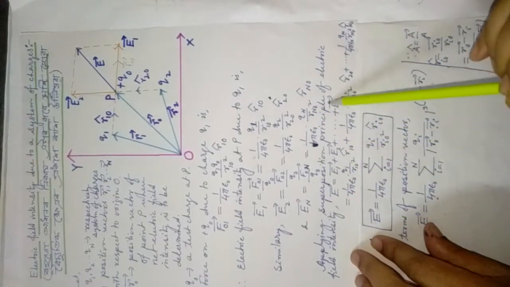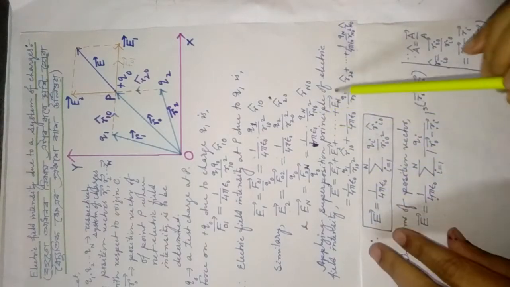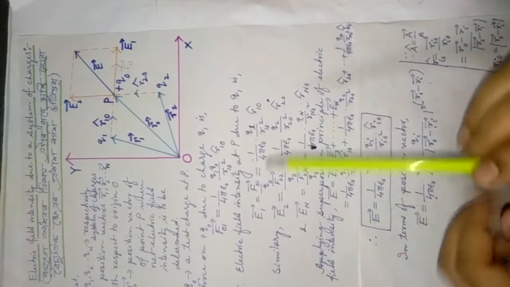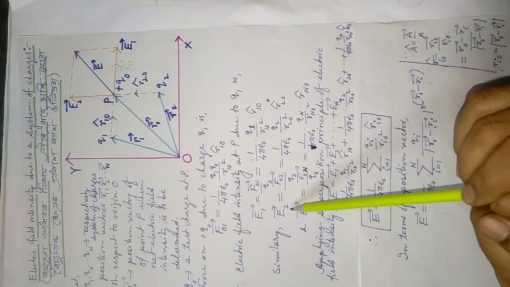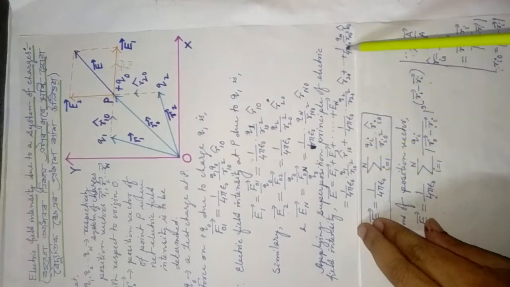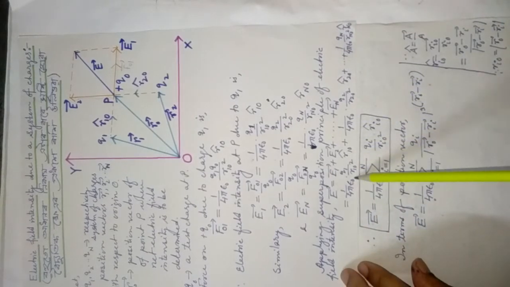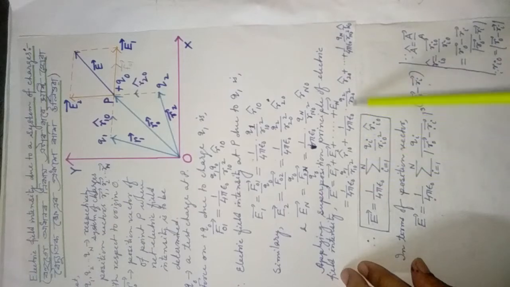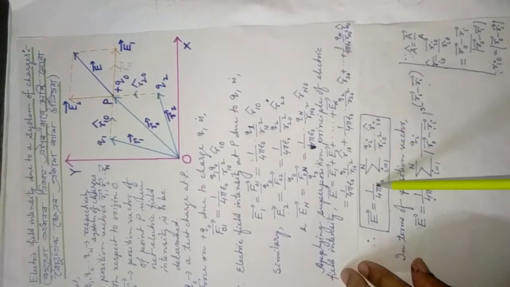By applying the superposition principle, in Assamese it is called Odhyaropan niti, of electric field intensity. What you have to do, since these are vector quantities, E1 vector, E2 vector, En vector, you have to apply the superposition principle, and since these are vectors, all of them you have to add vectorially. Now if you add all these things, then you will get this one. Since 1 by 4 pi epsilon naught is a constant, common everywhere, it will come outside the summation, and summation i equal to 1 to n.